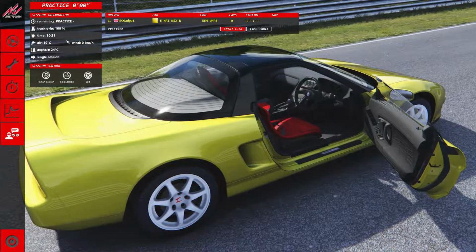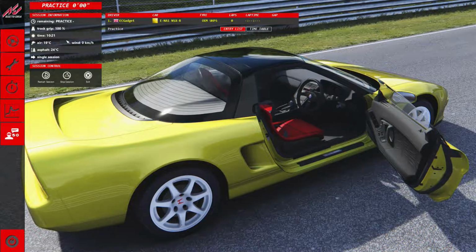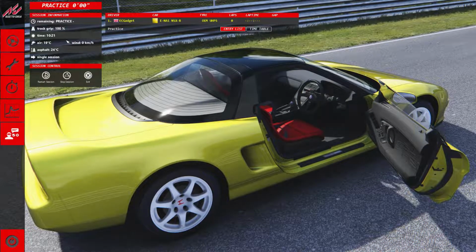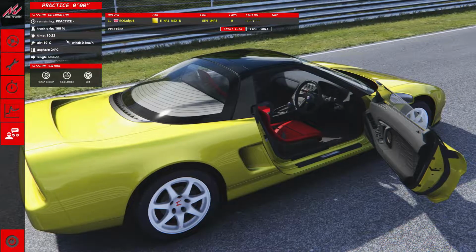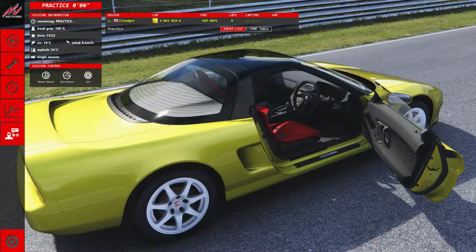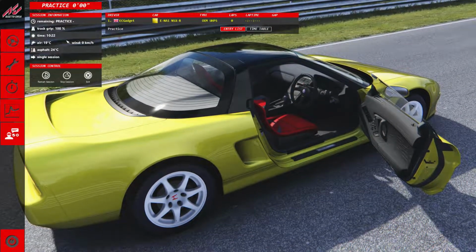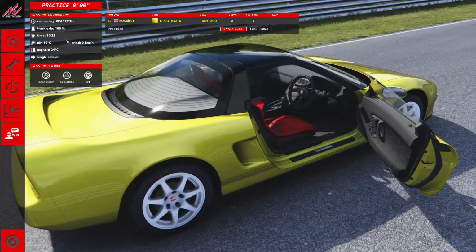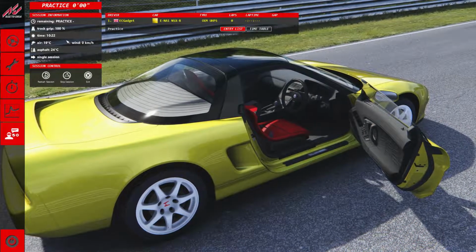We are going back into the past, back into the 90s with a classic 90s car. This is the Honda, or I suppose in America, Acura NSX-R, the car that gave birth to the Type R name. So this isn't an NSX Type R, this is an NSX-R. This particular one is from 1994, so there are slight differences to the first version that came out in 1992. I believe the production run for this car was 1992 to